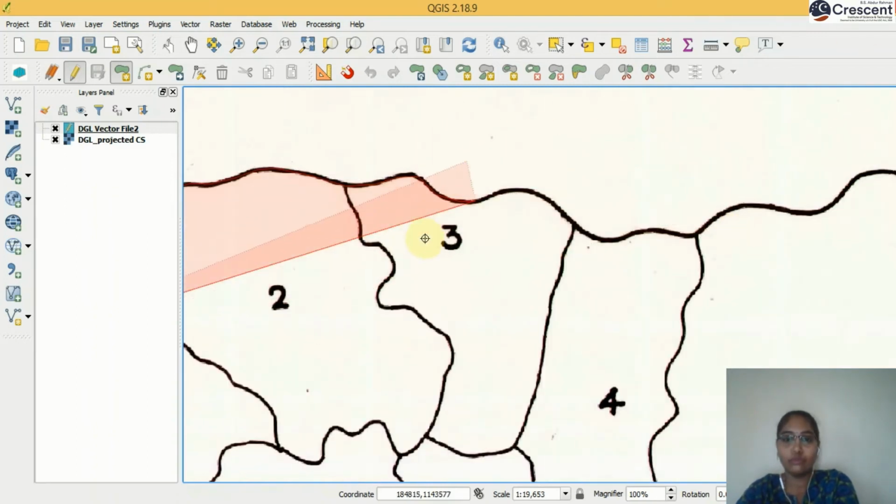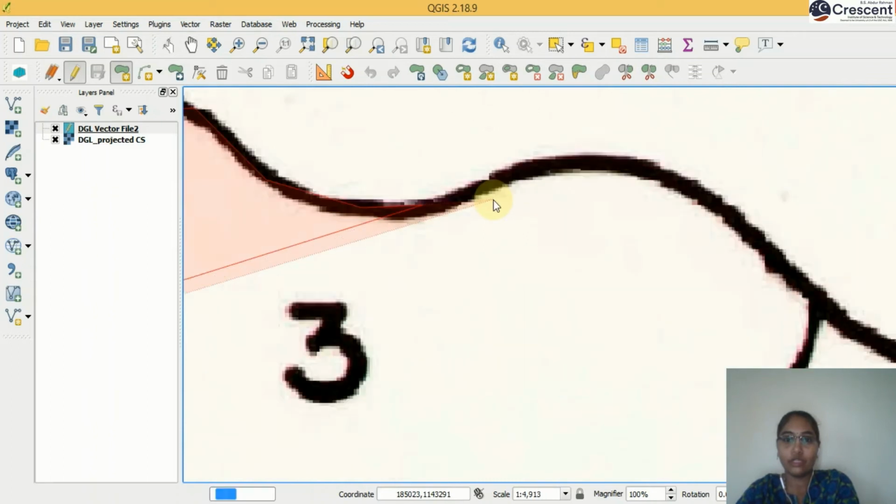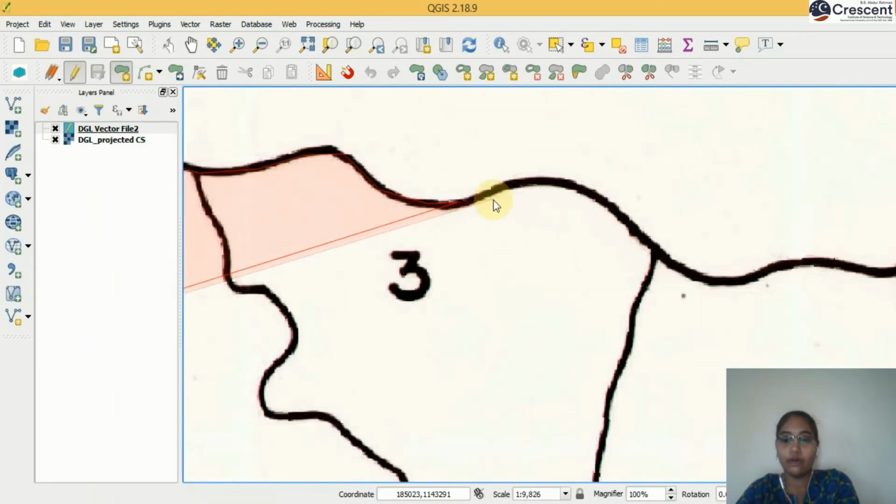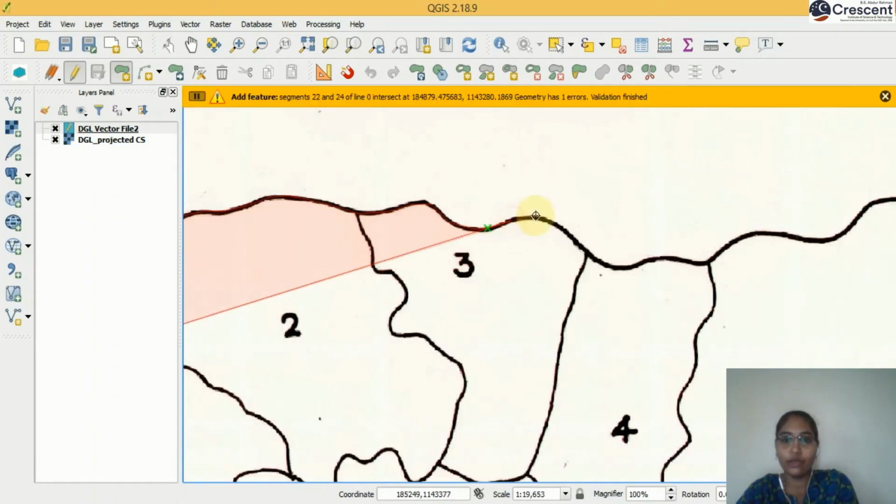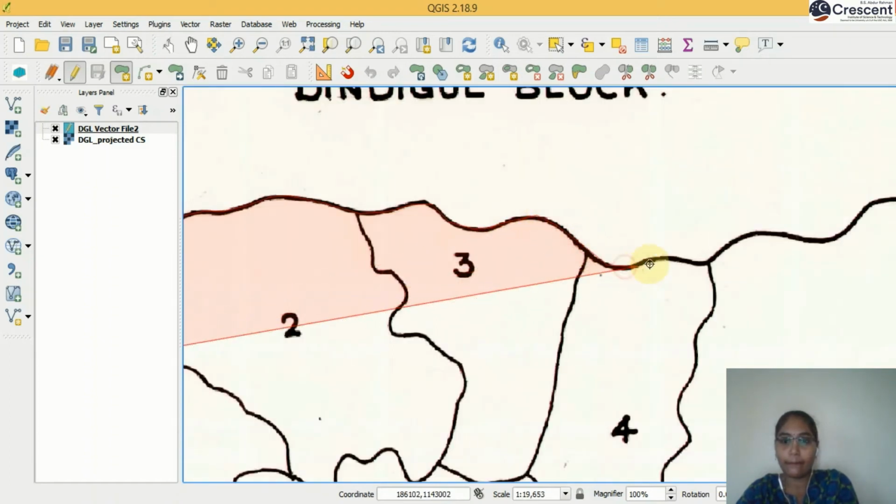You have to zoom a little more. Actually this is your zoom level, but for teaching purposes, otherwise the video will go lengthy, I am going to this much zoom level.